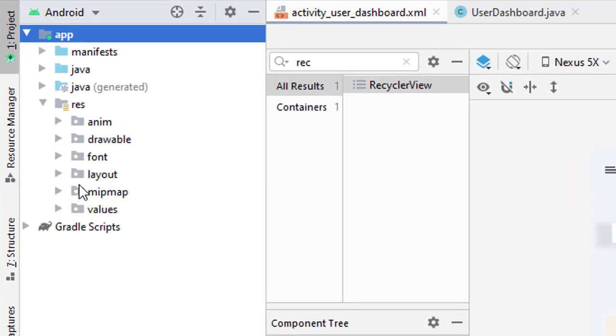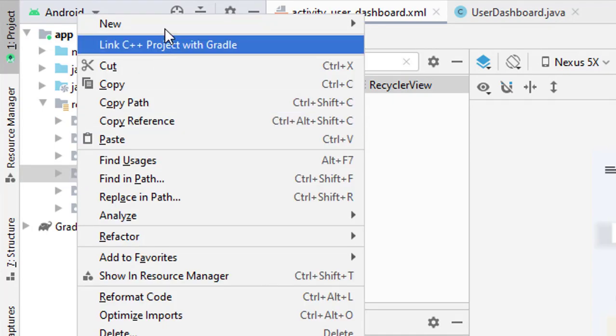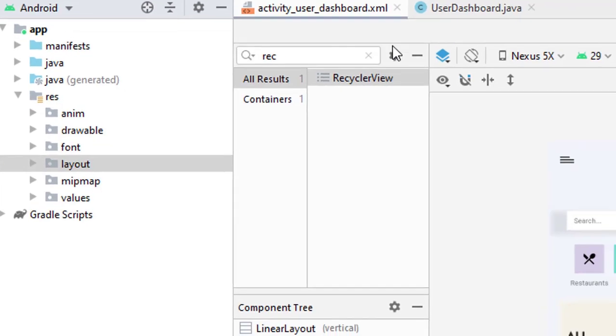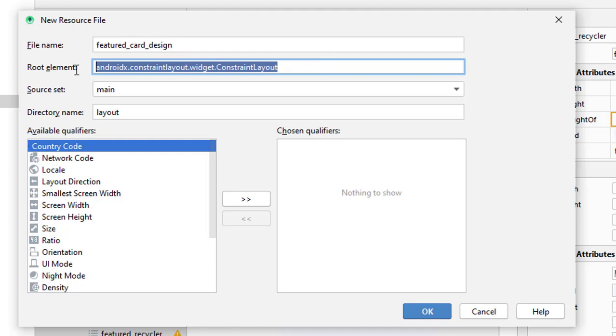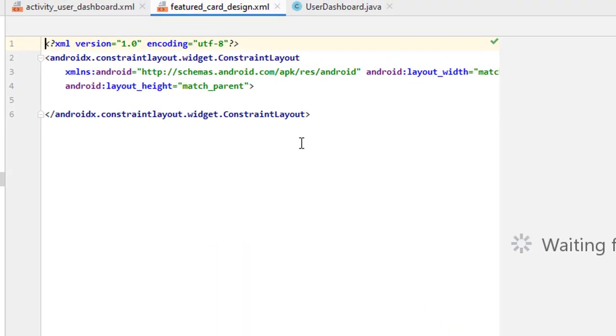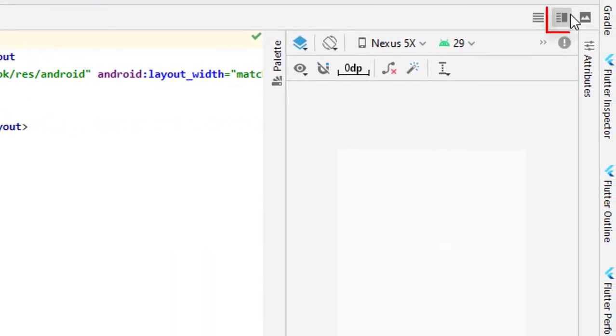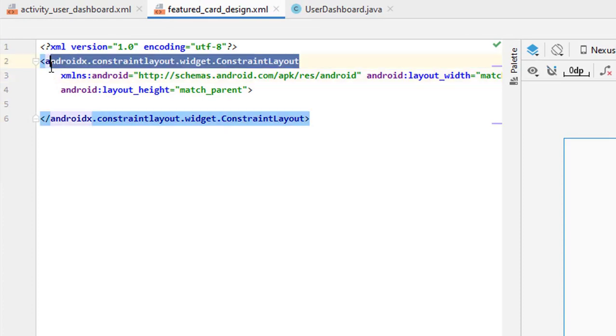So go to the app resource and inside the layout, right click, new, and create a new layout resource file and name it featured design or featured card design. You can change the root element in here, but we are going to change it inside the code. Click OK. Okay, in here we are in the split view and change, as I told you, the constraint layout